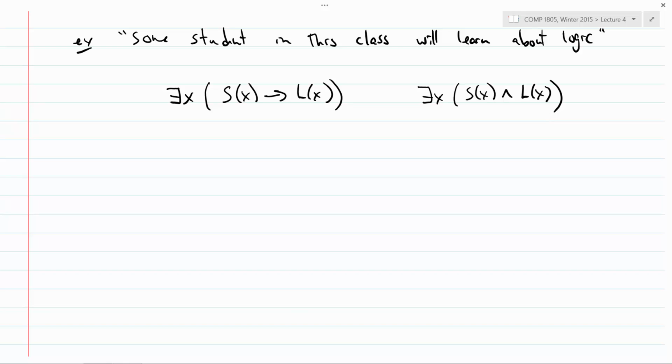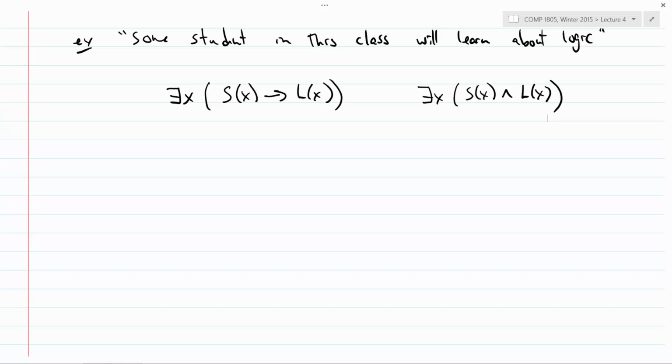Yeah. I'd almost think that "and" is more appropriate in this case. Okay. For implication, in the case that there's someone that's not in this class, regardless of whether or not they learn about logic, they exist, and because they're not in this class, that statement becomes true. And as long as it's true for one case, that means that it's true even if nobody that's actually in this class learns about logic.